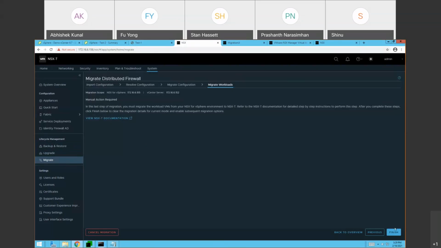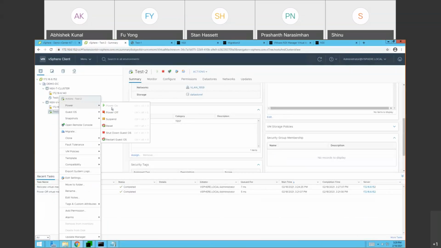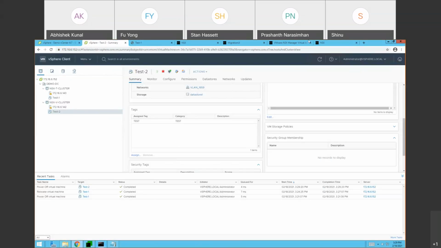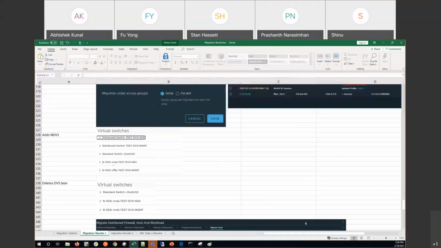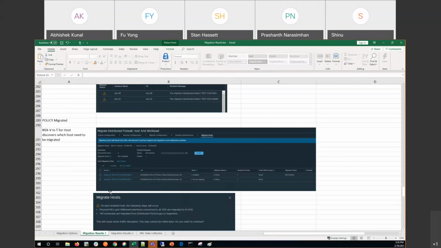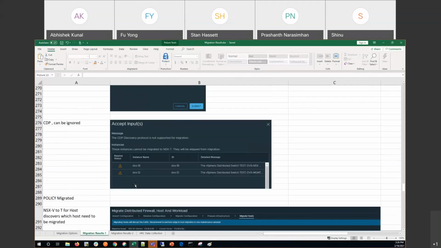We're expecting that all the VM workloads will have to migrate, so I'm going to just stop it. I know it's going to take some time. But if I would like to explore the options of workload node migrations, what are the steps that you're going to see as new? It's going to ask you that